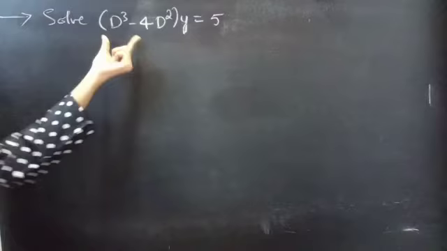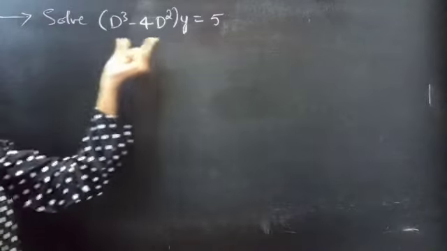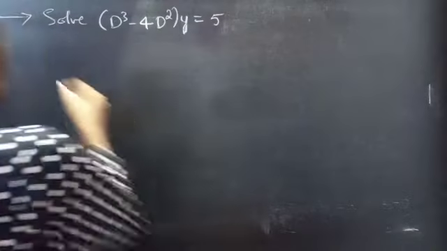In this video, we are going to solve a differential equation from higher order linear differential equations. So let's get going. Problem: solve (D cube minus 4D square) y equals 5. Solution: